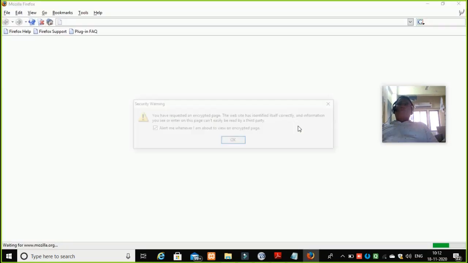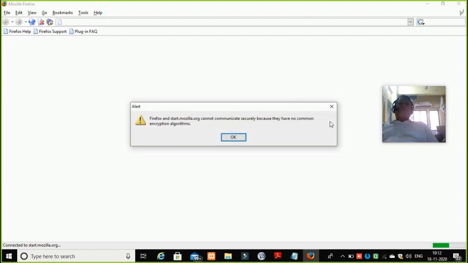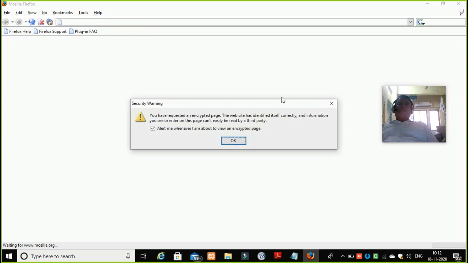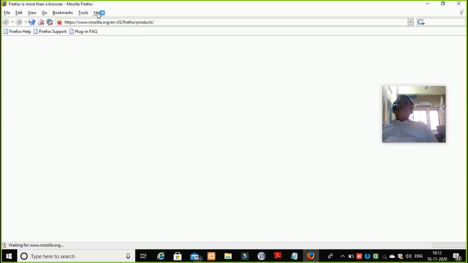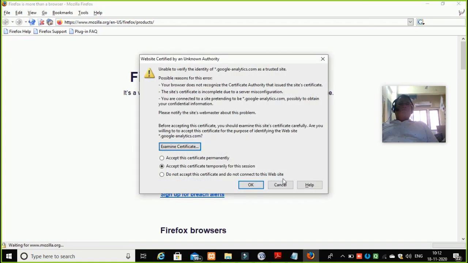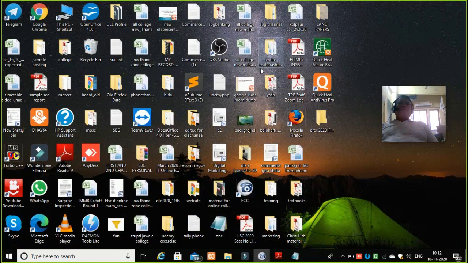I'll show you which version you should have. If I go here and read the release note, I should not update my browser.